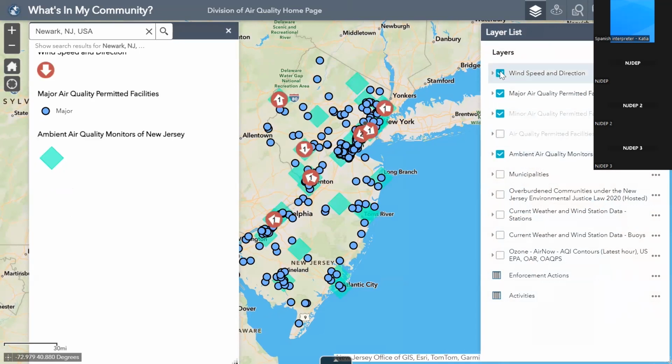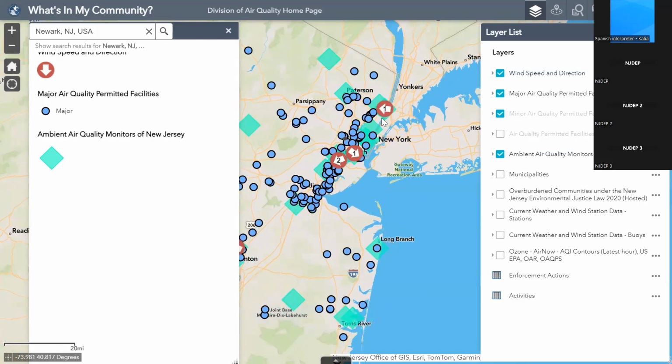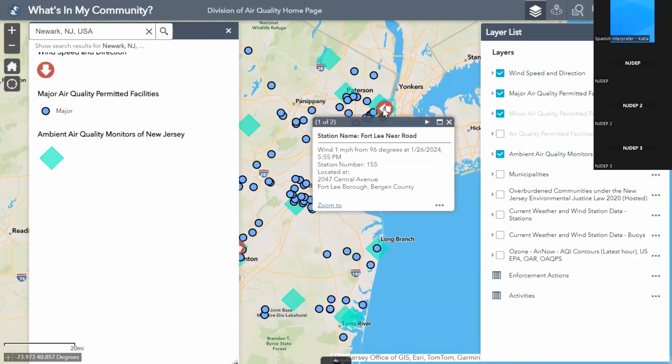The reason I put the wind speed and direction is important, I think, is because if you're ever faced with an odor issue, if it happens at night and you report it, you can help the enforcement agency by zooming in, maybe seeing which way the wind direction. If you click on it, it'll give you the time that the wind was blowing in that direction, the direction of the wind. And so you can kind of build a case against a facility if every night you're smelling this odor and you can see, well, the winds keep coming out of the west and I keep smelling this odor. And so you can help provide that to enforcement, because enforcement has to come out and there's